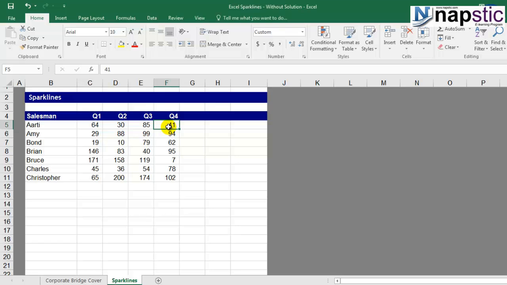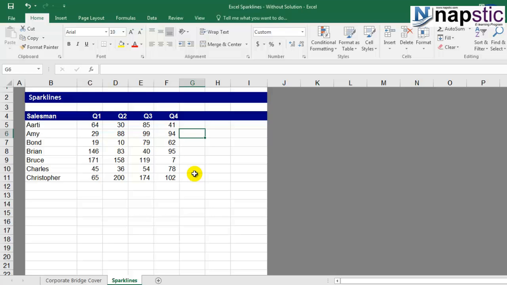Now let's see how an individual salesman has performed in each year. So in order to do that, one approach can be mathematically calculating their subtotals. For example, if you were to do it mathematically, we can add them up and we find that around 220 units is what they have sold, or what Aarti has sold. Amy has sold 310. So we can calculate for each of the salesmen and then try and analyze as to who has sold in total, and then also analyze their individual quarterly performances.